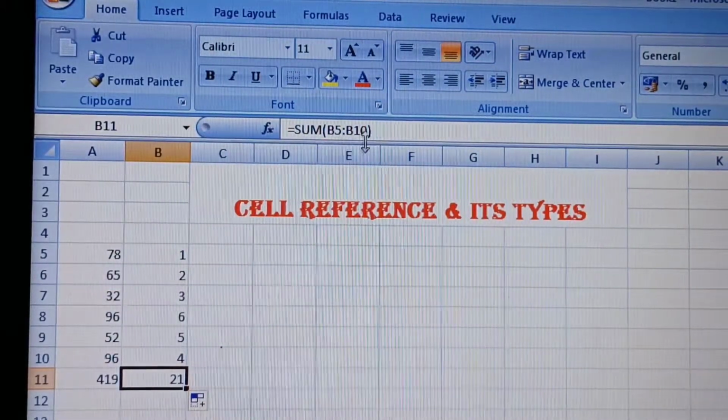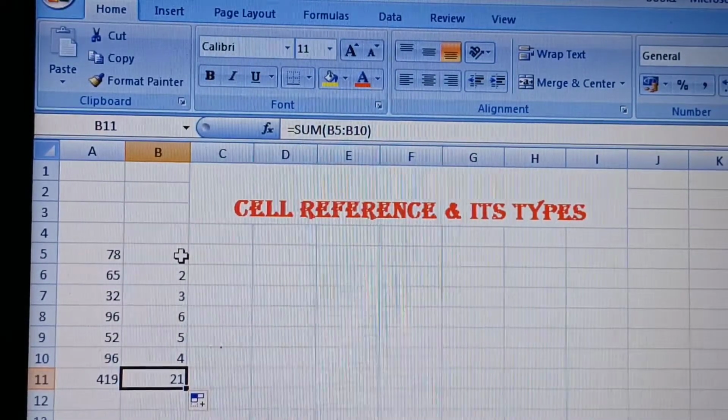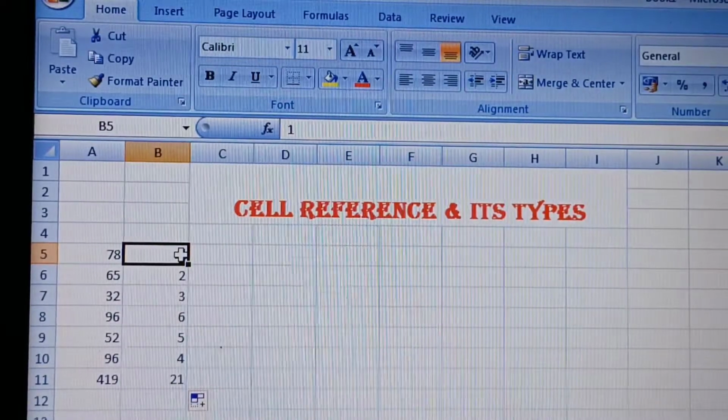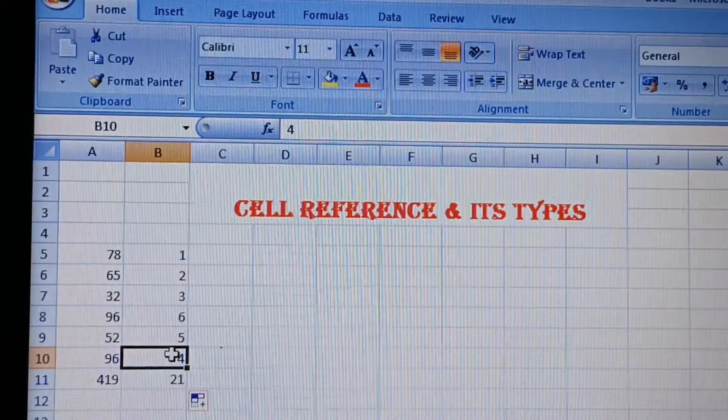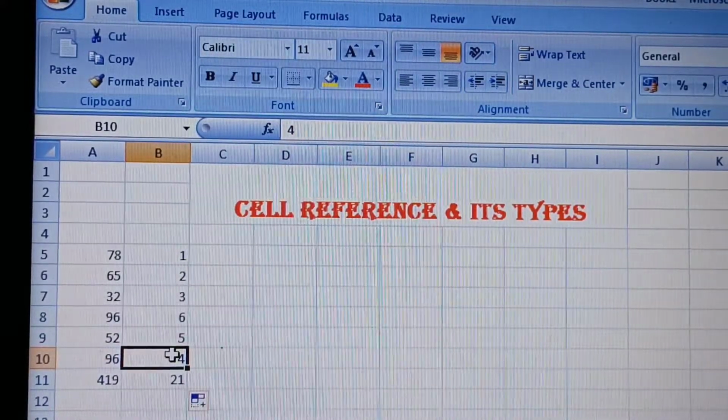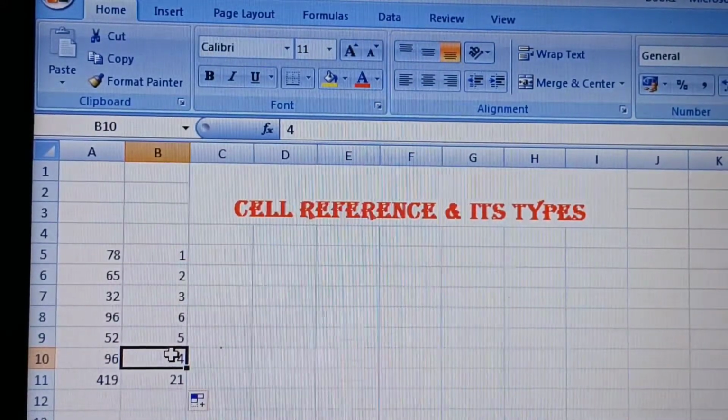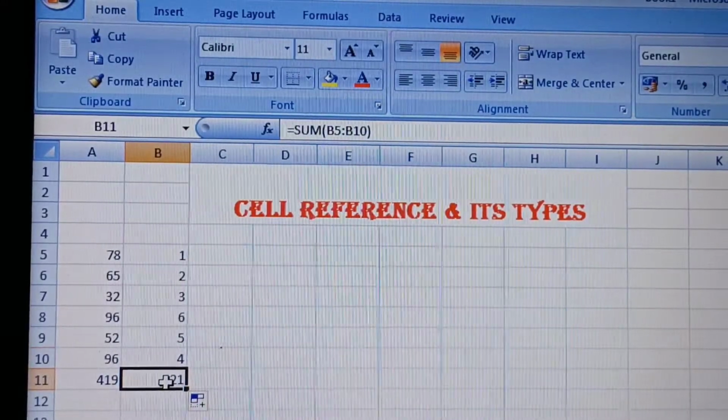Okay, B5 to B10. So B5 is the starting position of the sum of this range, and B10 is the ending position where we want to get the sum. Okay, is that clear?